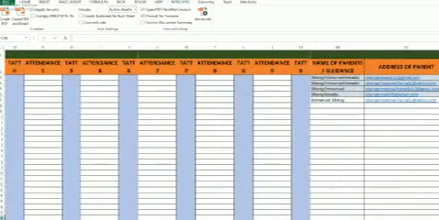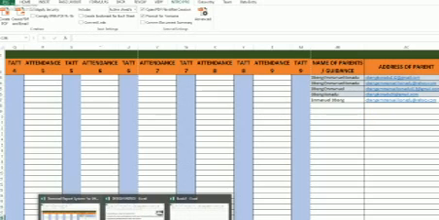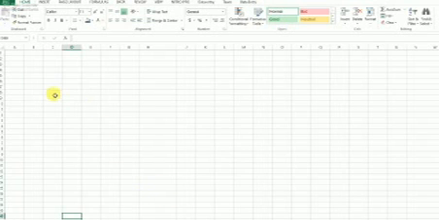And then we also create what? Name of parent or guardian, and then address of parent, and then their email addresses. So we use the email address to send the report to individual parents. So let's see how to create the student information list. So this is my interface.